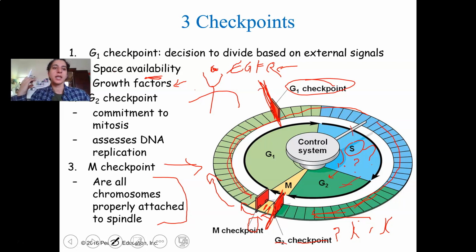What about something like a steroid signaling molecule? Where do you find the receptor to a steroid signaling molecule? Review. In the cytoplasm, right? Because typically something like a steroid hormone is going to go into the nucleus. Once it binds to its receptor in the cytoplasm, it's going to go into the nucleus and do gene transcription,